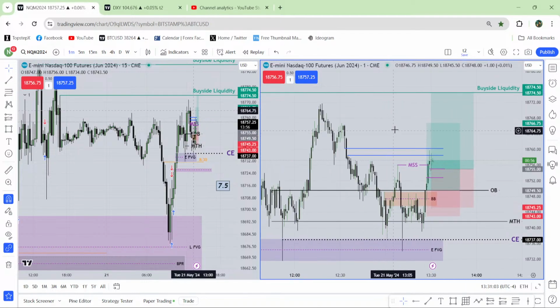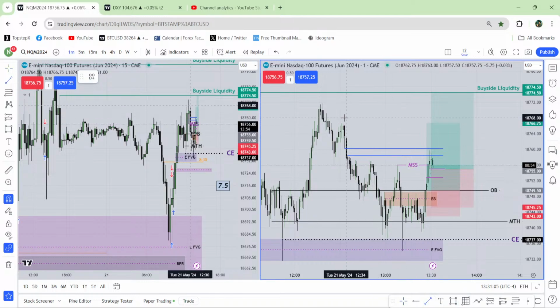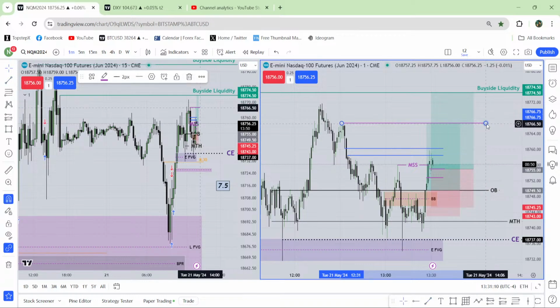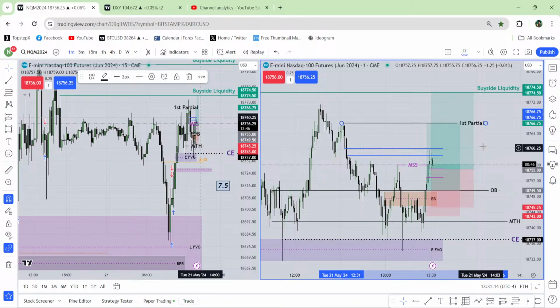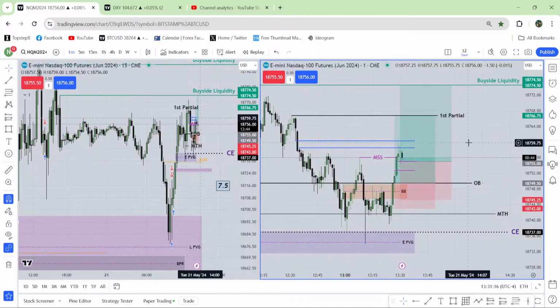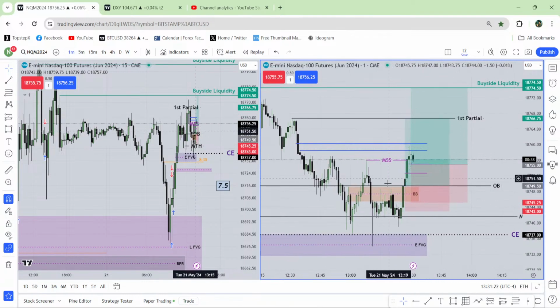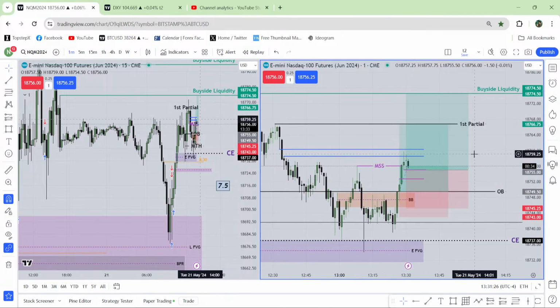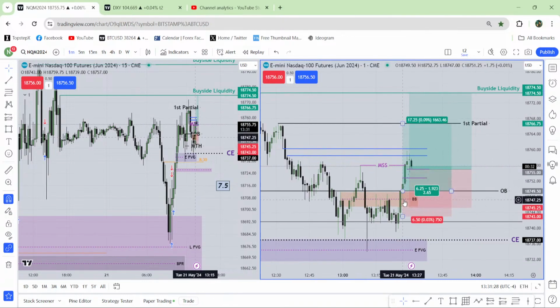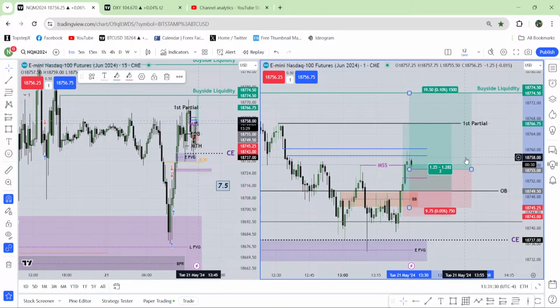So here I will take a partial when the market is above this high. This is the first partial area. Again guys, I don't know if it is going to work 100%. It's logical to me, and I believe that it should work. So I will frame my trade this way: breaker block entry, perfect entry.